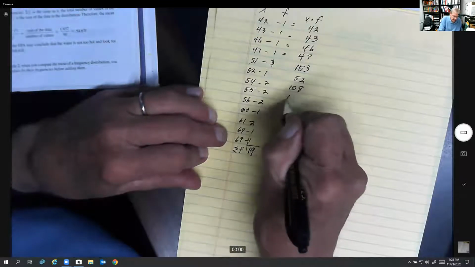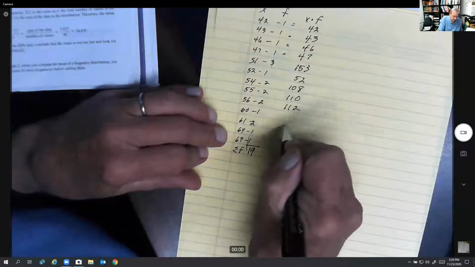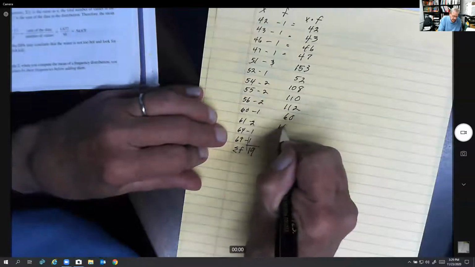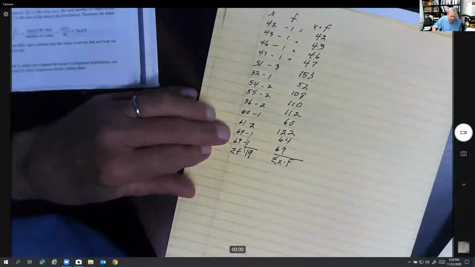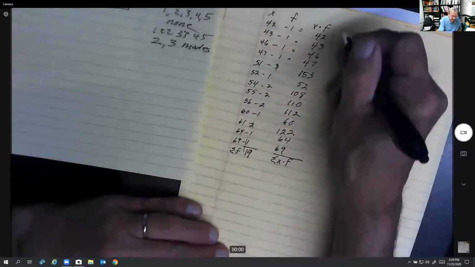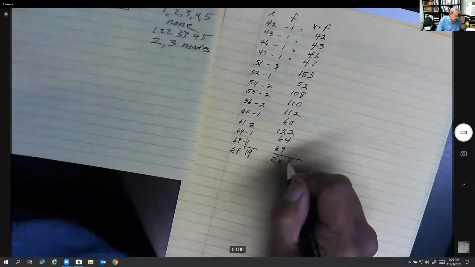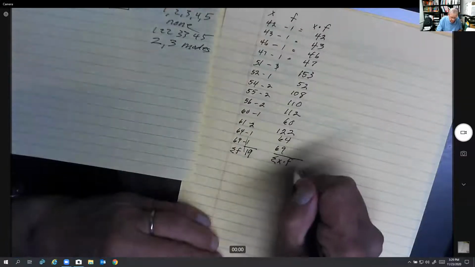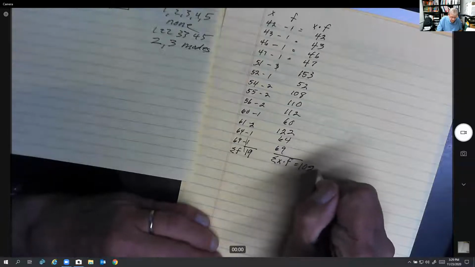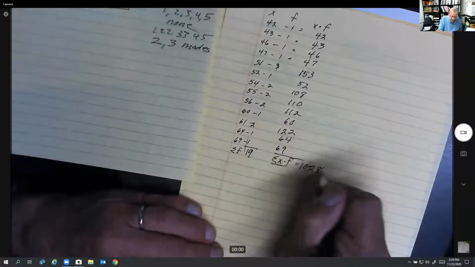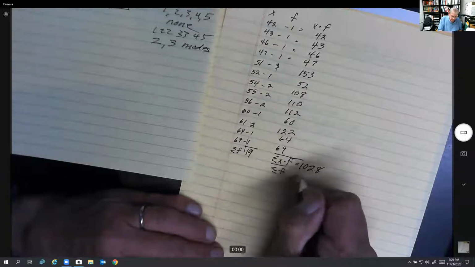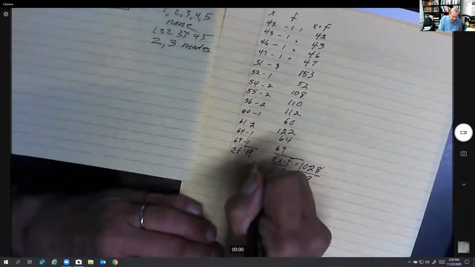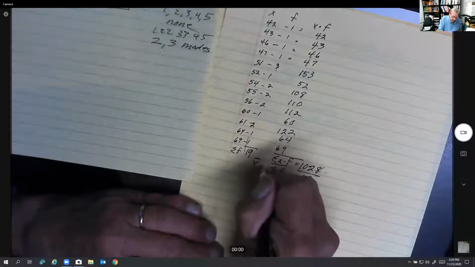108, 110, 112, 122, I'm multiplying 61 times 2, 64, 69. If I add them up, and I did it correctly, that's multiplying these two columns together, I should come up with 1028. And so to find the mean is the sum of these, the sum of xf, divided by the sum of the frequencies, which is 19. And this will give us the mean, which we're going to call x bar,